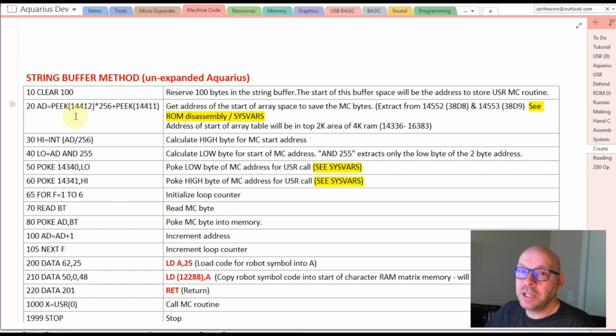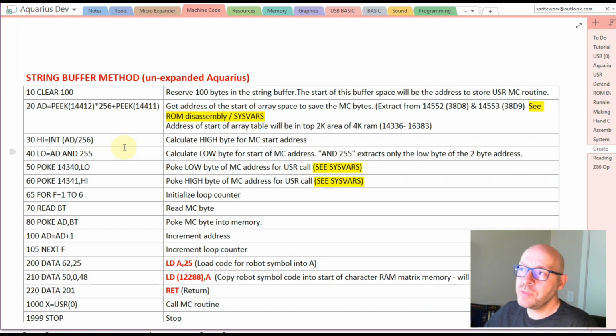In Z80 assembly language, pushing a value onto the stack would push it into the top of the stack, and then it would count down. So I'm not sure exactly if these two addresses point to the top of the stack or the bottom of the string buffer. So we may need to adjust these values up and down a bit, because in this program I'm not actually pushing anything onto the stack to test out if this works when the stack gets manipulated or not. But since my assembly language or machine code program is not using the stack, then it shouldn't matter in